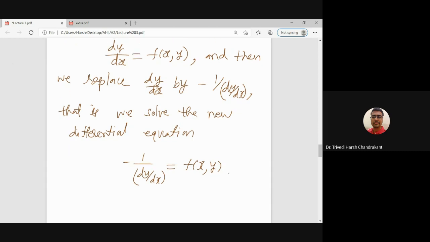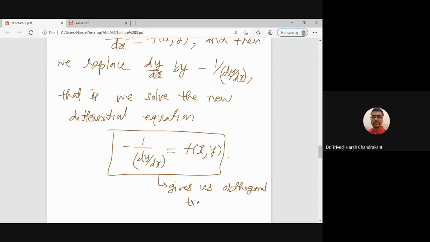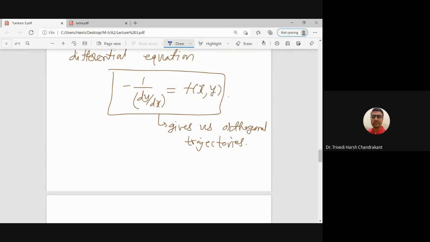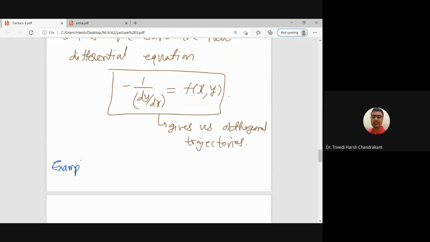The solution of this new equation gives us the orthogonal trajectories. Okay, so let us discuss one example of this kind. Find the orthogonal trajectories